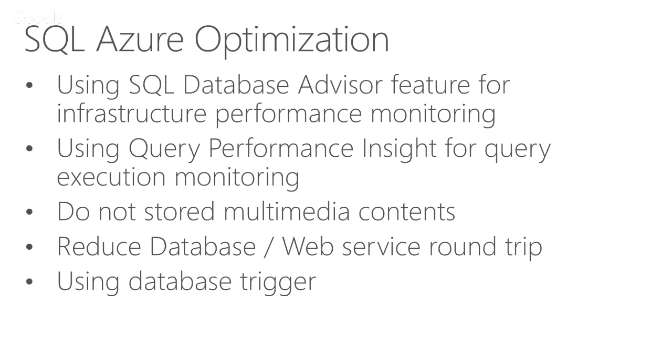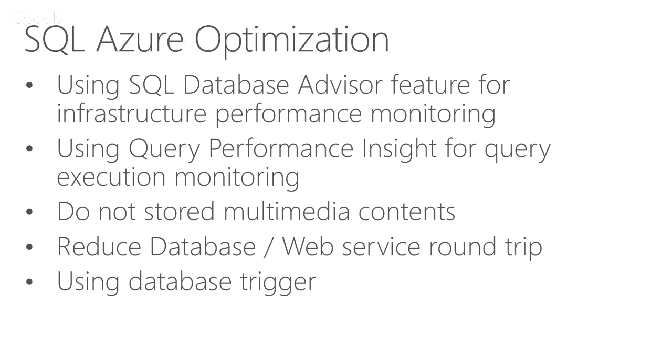Okay, and then of course, another tip and trick that we recommend is to reduce database and web services round trips. This is very, very interesting. When you build an application, if you're having round trips between your API or your web application and the database, it will slow down the performance. So if you can, send in one transaction, hope it can finish everything within one call and come back to you with the result.